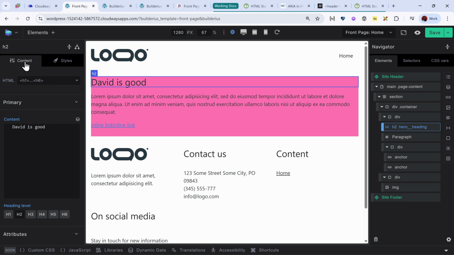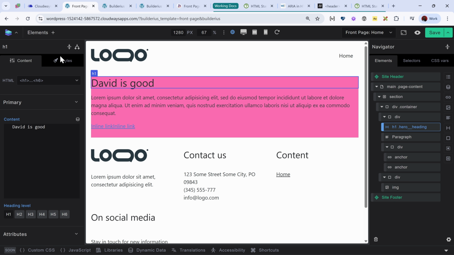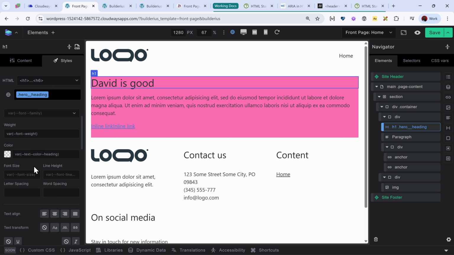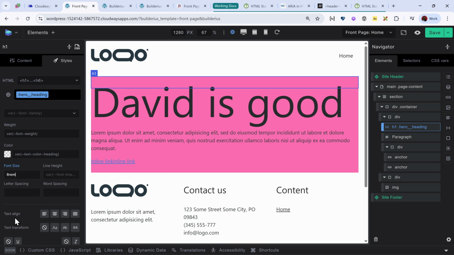Let's switch it to an H1 first. And I can now do any kind of styling I want. I can change maybe the font size again to 8 rem.